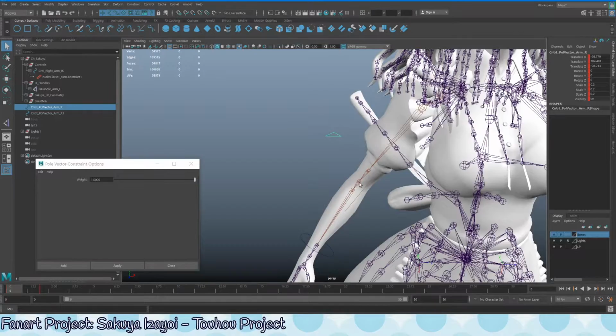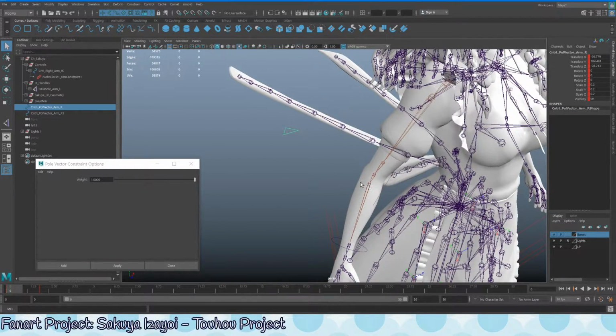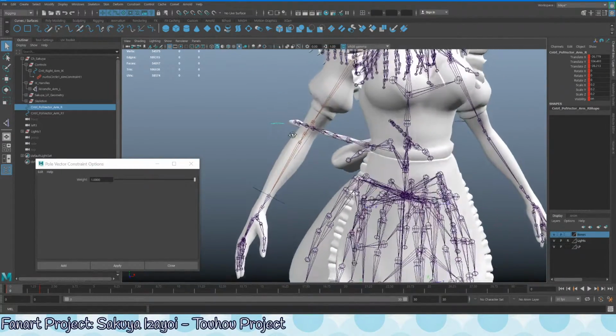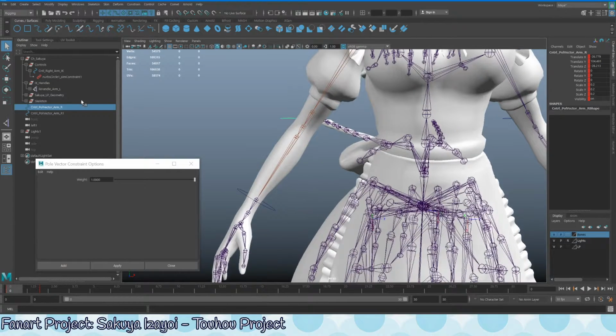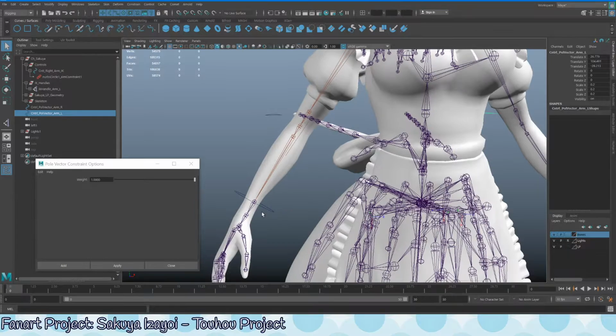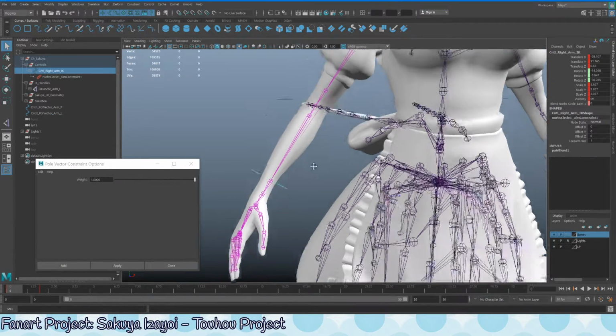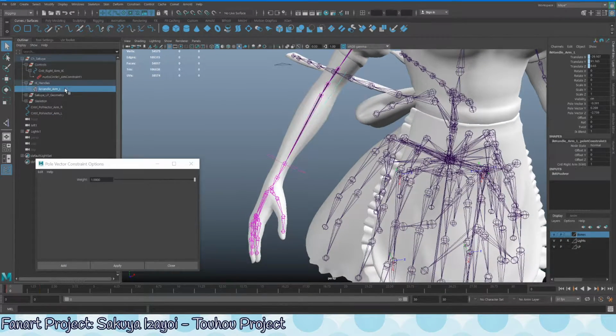We can basically freeze its transformations later, but we just want to check that it's all okay for now. And I'm just removing the R and putting the L in there. Anyway,